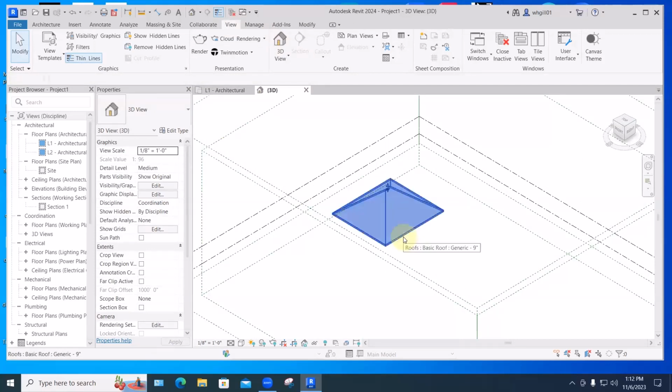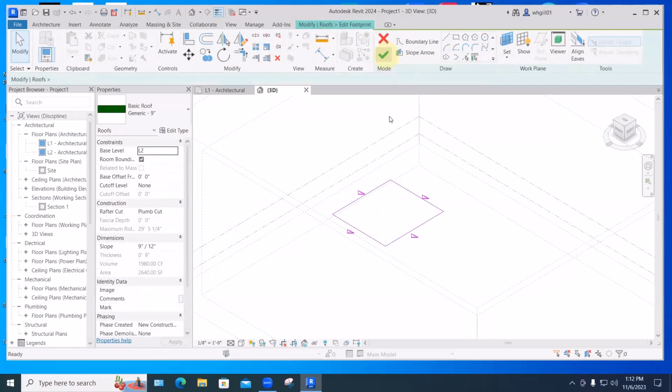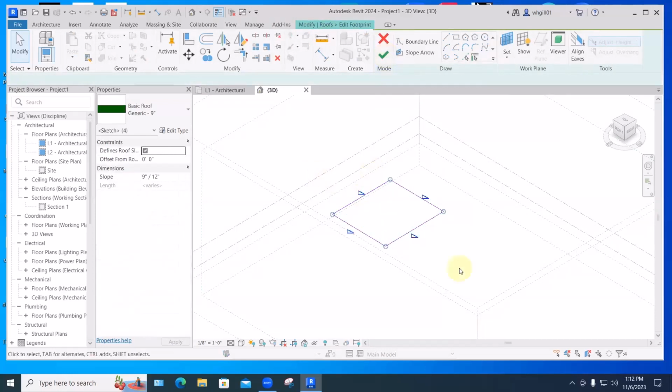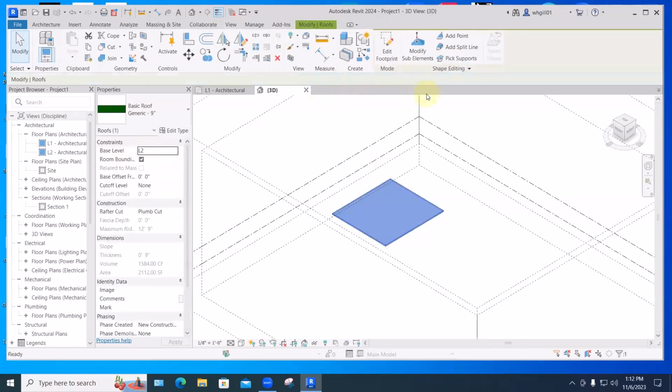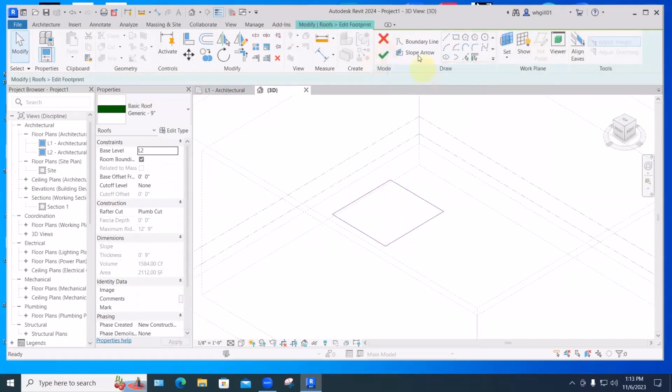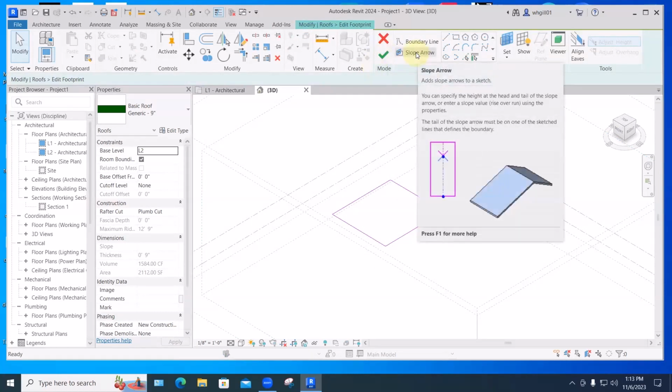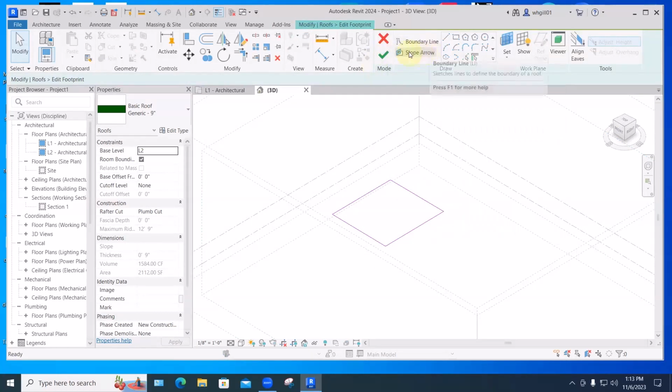If we select it and edit footprint, we can select all those and say, don't define a roof slope with them. Then to give it a slope, let's say from this corner going up to this corner, I'll go to edit footprint and add a slope arrow. And that's just an arrow that says, this is the direction of the slope. So I'm going to say slope arrow,